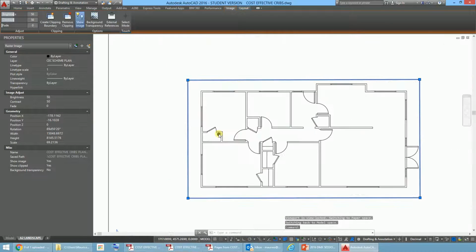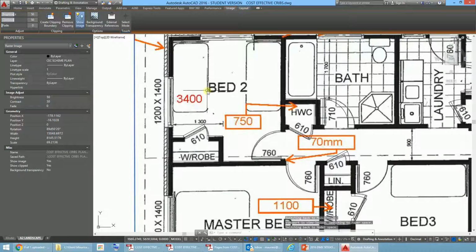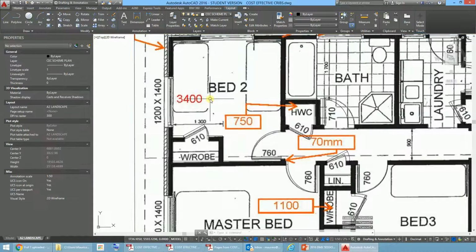but this will give us a bit of an idea on things like, for instance, the bed, what size to make the bed. So if we go measure distance, we can turn the object snaps off, which is F3, or the little button down the bottom. So, oh no, F3. Okay, so still not turning it. These are my object snaps, toggle them off. So I can go from there